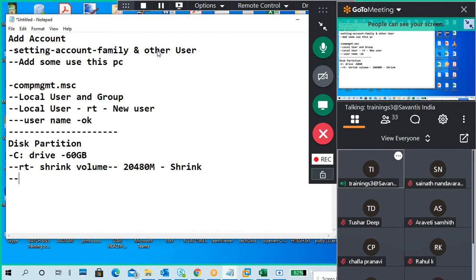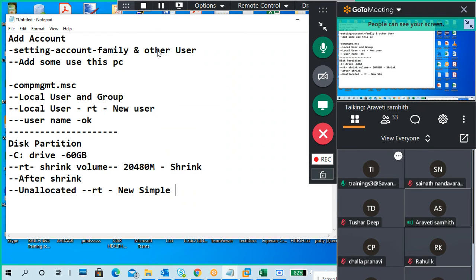Good, very good. After shrinking, we get unallocated space. Right click, New Simple Volume, Next.